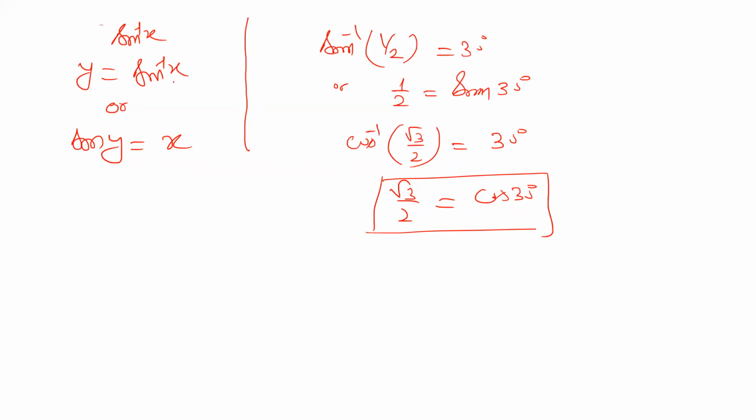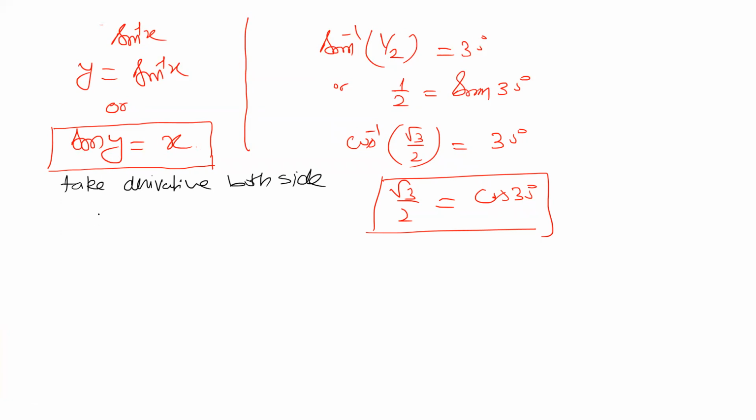Like y is equal to sin inverse x. We want to remove the inverse function here. So we take it to the right hand side, then we will get the sin function. So sin y is equal to x. Then what do we need to do? We want to find its derivative. So how to find the derivative? Take the derivative both sides.